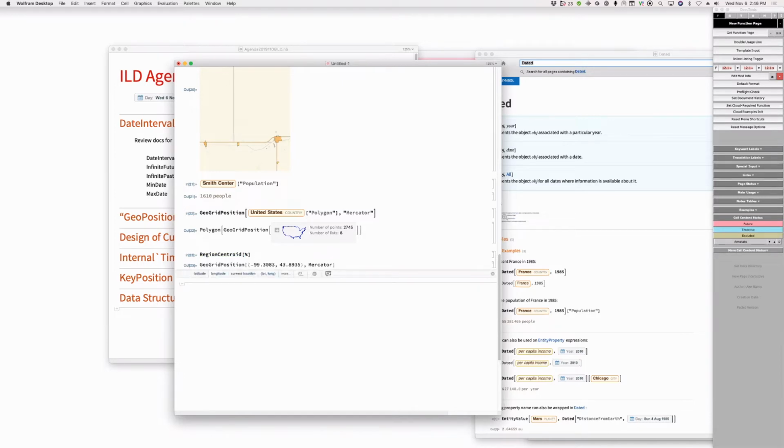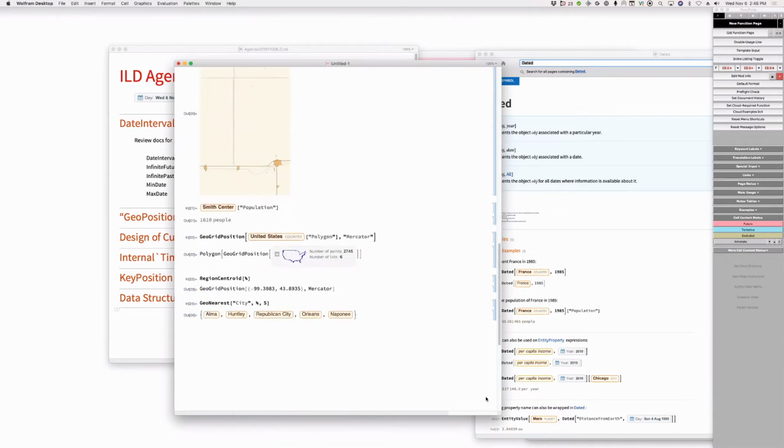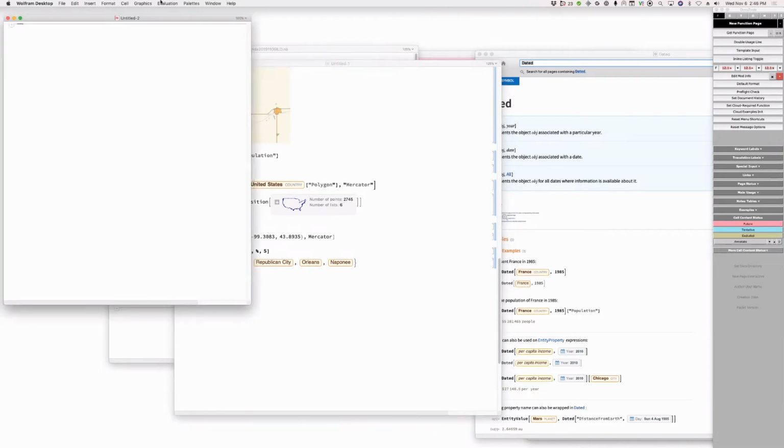And now, of course, this computation is projection dependent, and that's why you get back a GeoGrid position. So if I now say geo nearest city of that, I'll get different cities. Correct. It's a little different, and for each projection you will get a different result. Oh, we're in Nebraska now. Okay, sorry, go ahead. Yeah, so this is nice because it realizes the importance of the projection, and we can compare things for different projections and see the importance of distortion.